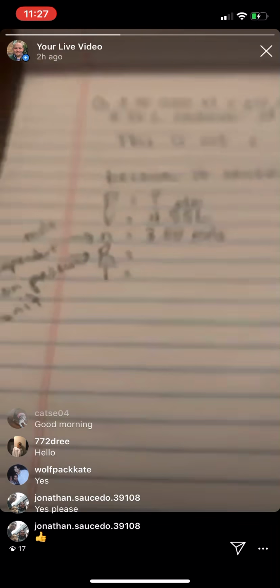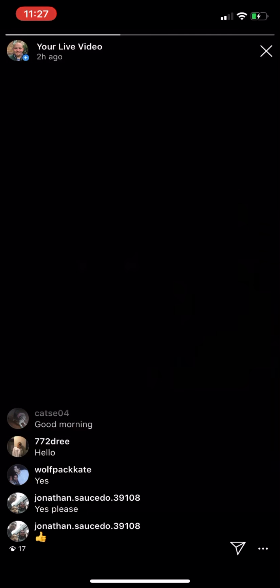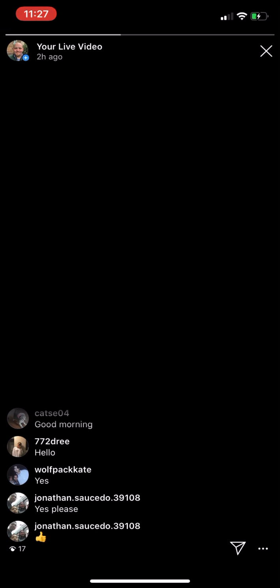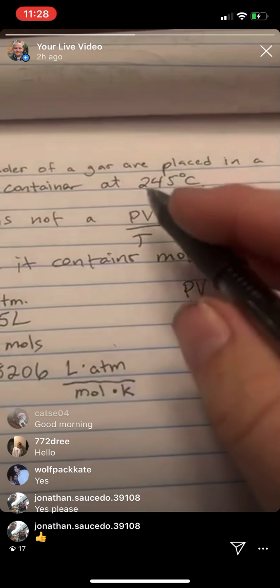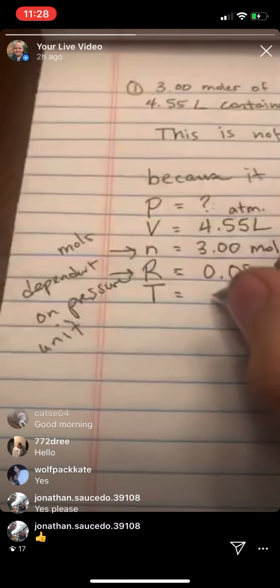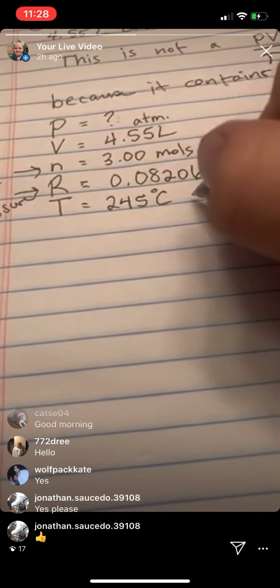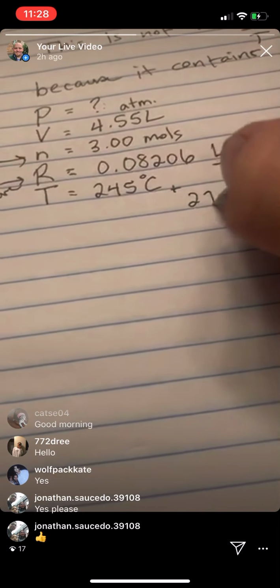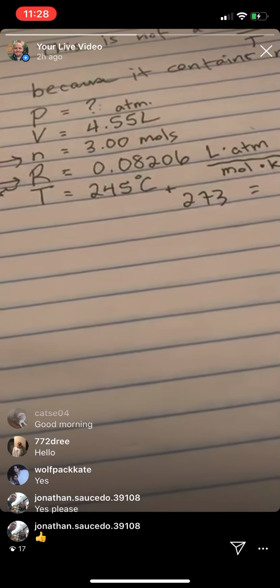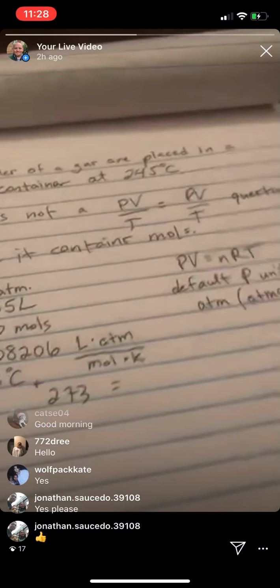And the pressure unit in this case is, and the temperature is 245 C. So we're going to do 245 plus 273. So